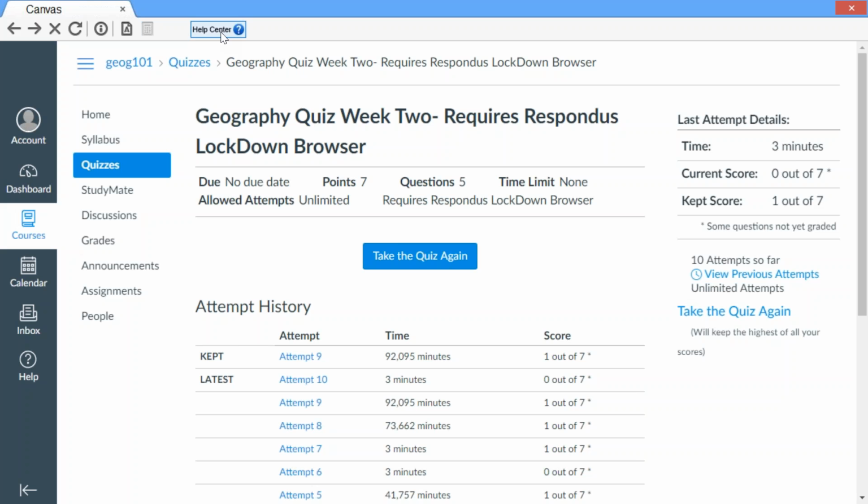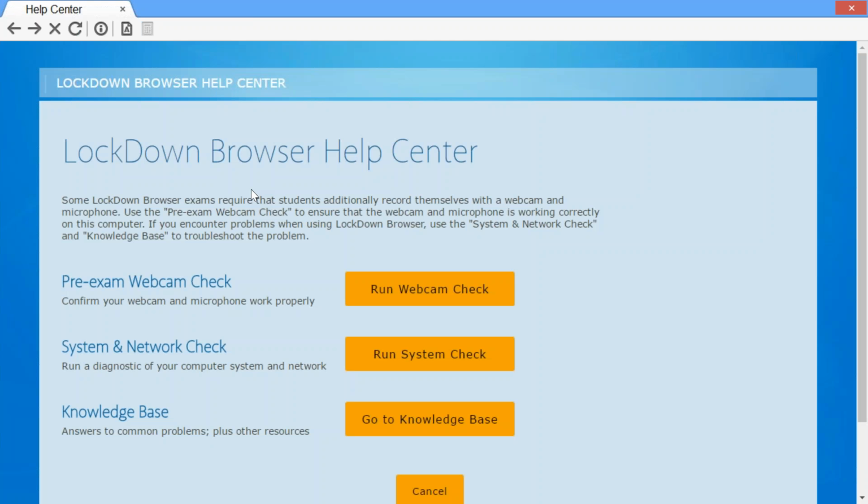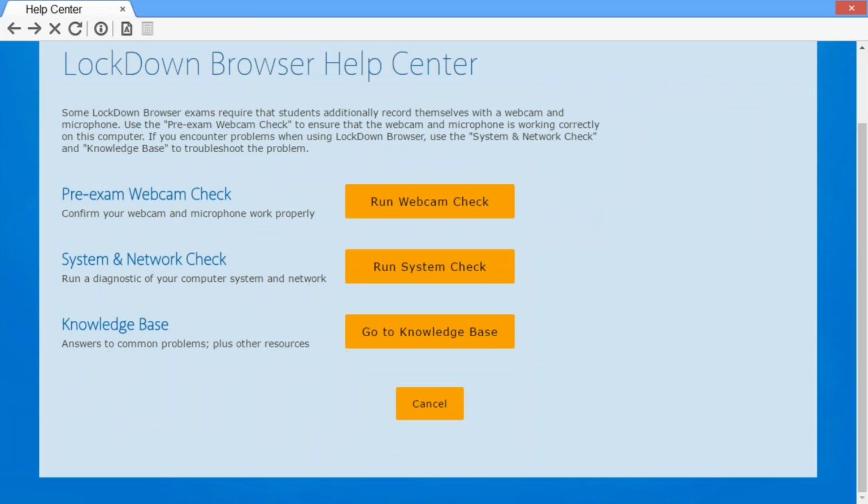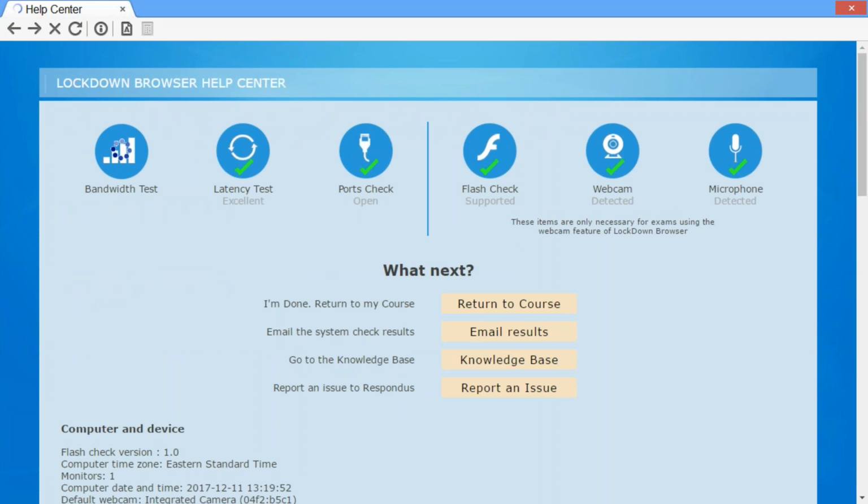This Help Center button, if the student has any difficulty when they're taking their assessment, the Help Center will allow them to run diagnostics on their machine. If you're using the webcam, you can run a webcam check, but for our purposes today, we are working strictly with LockDown Browser. The student can run a system and network check. The system check will give them an idea of what might be happening on their particular device. So if they're having any difficulty with bandwidth, their ports,